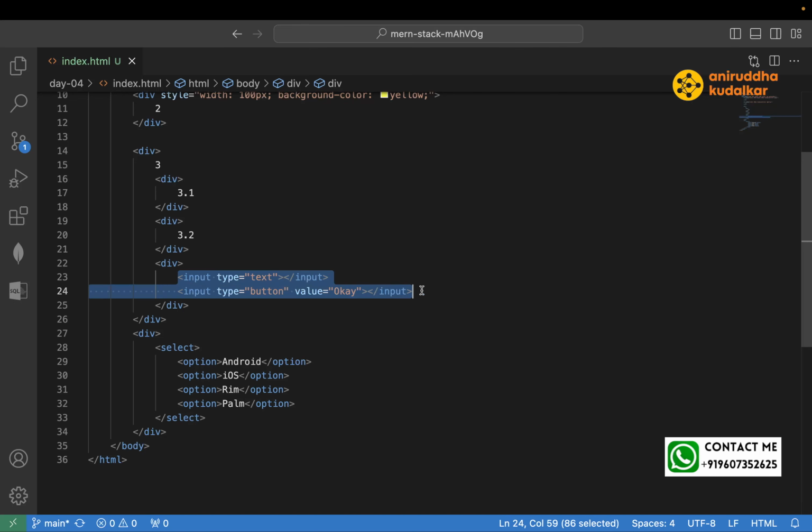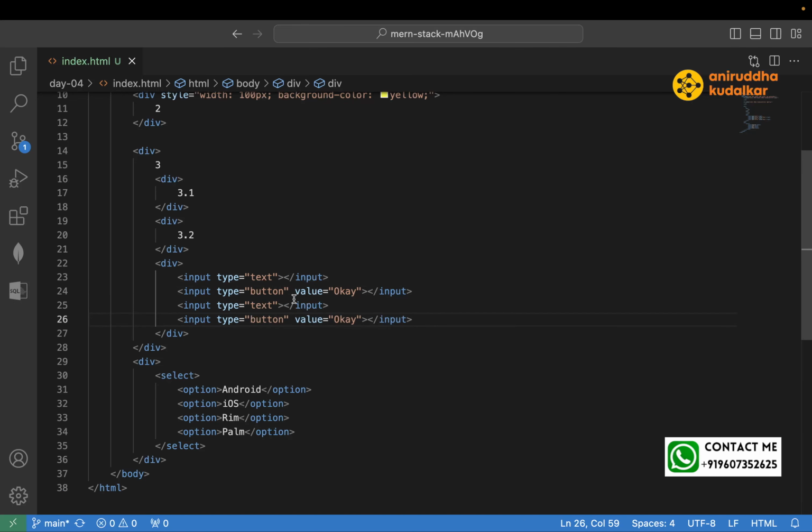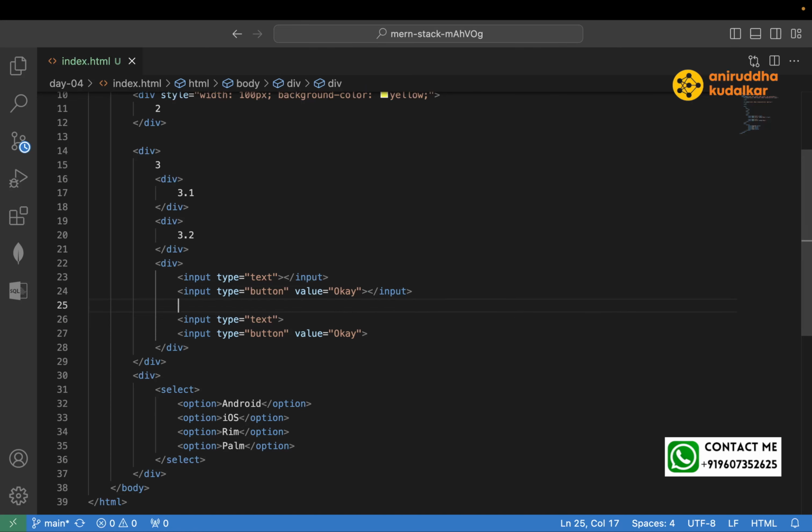Same things can be written in two ways, right? If you want to close this, remember that these tags are self-closing tags. Why self-closing tag? Input element is a void element. What do you mean by void element? Void elements are those elements that do not have any content. We will never write the content, right? So either you keep it as it is, or you can write a space and / if you want to close it